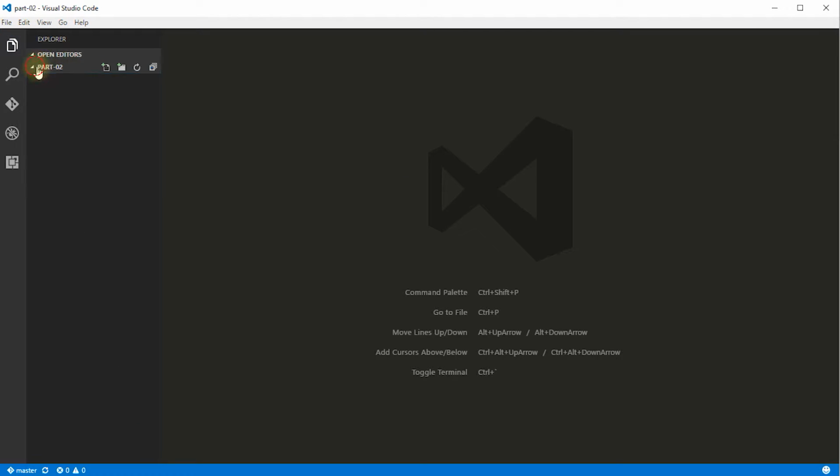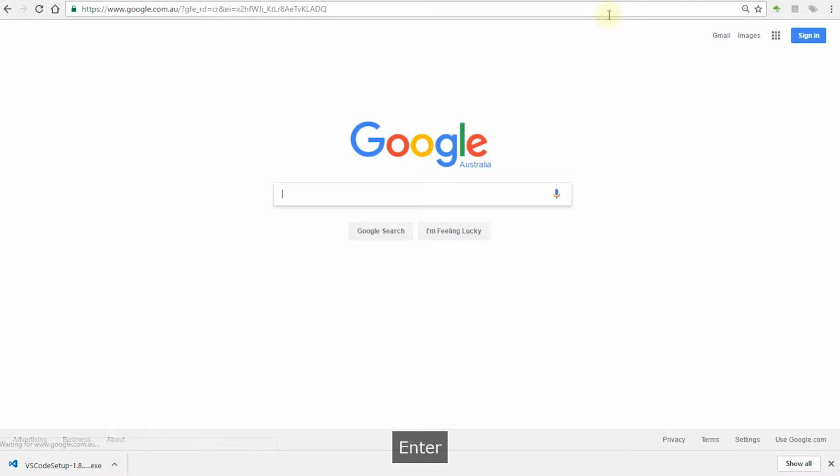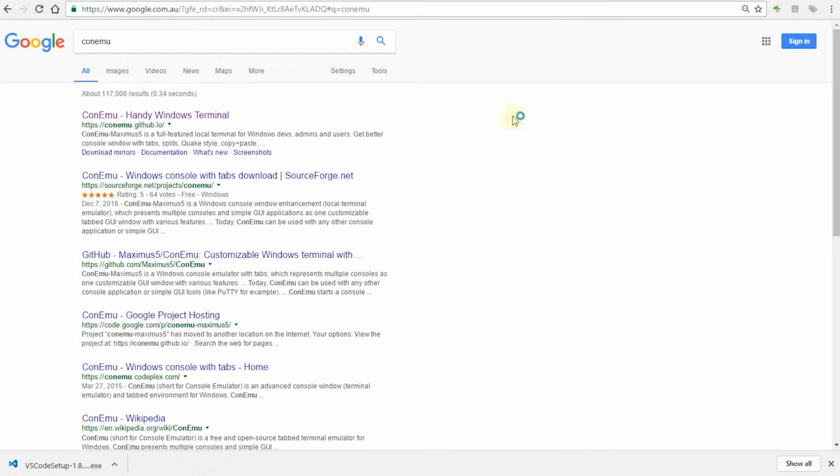This interface is essentially where we're going to do pretty much all of our work, but before we get into that, there's one other tool. If you're on Windows, Mac or Linux, it doesn't matter, but if you're on Windows, I highly recommend it because, quite honestly, the default Windows command prompt sucks for writing code. It's clumsy, clunky, limited, it's not very nice. I highly recommend you download another tool if you're on Windows, and for that, let's go to Google. And the tool I recommend you get is called ConEmu, and it's a console emulator, and the one we want is